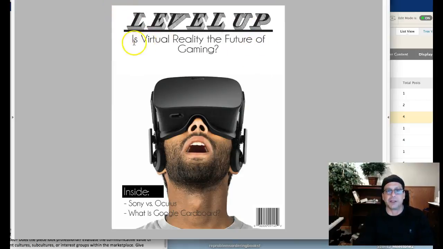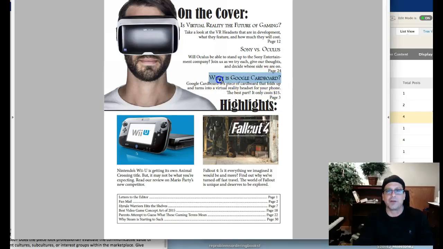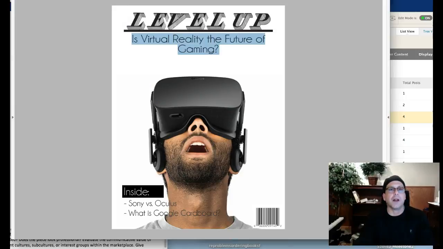This is really unusual, having this feature spread headline right up here by the masthead. Try to add your other, look at all these sub articles. You have what is Google Cardboard, Sony versus Oculus, the reality of gaming. Then you have all of these. So you can really fill this,